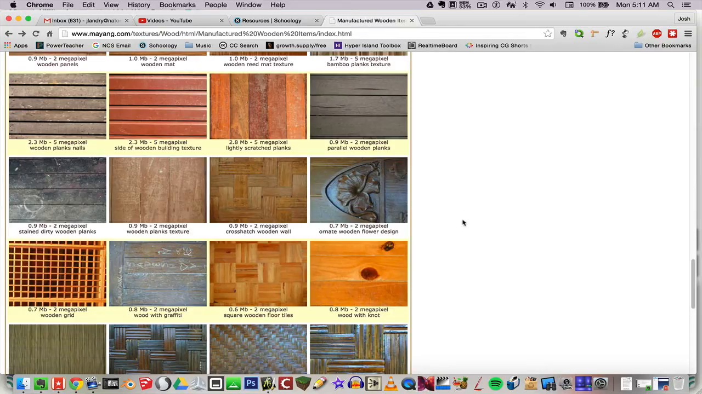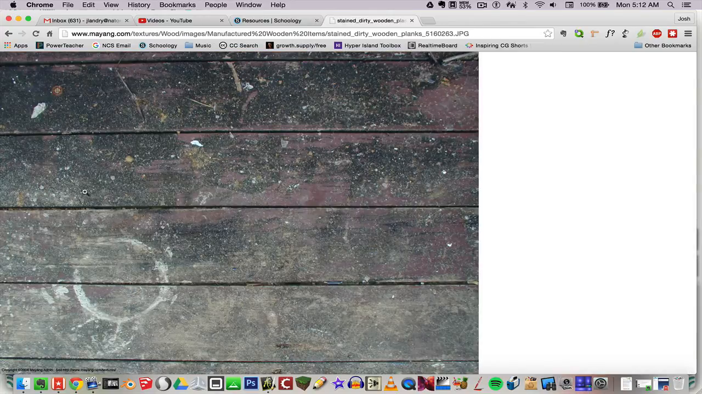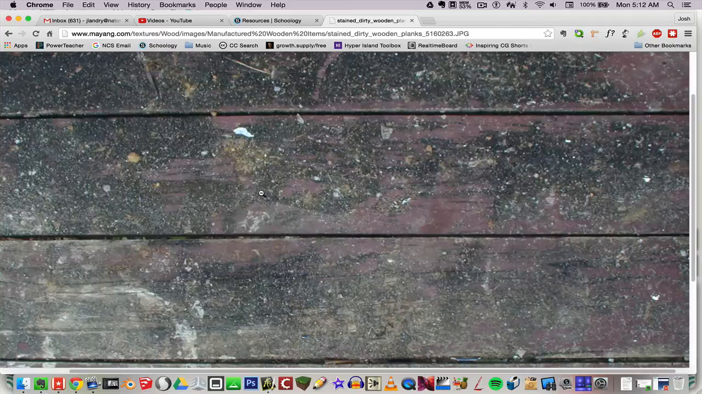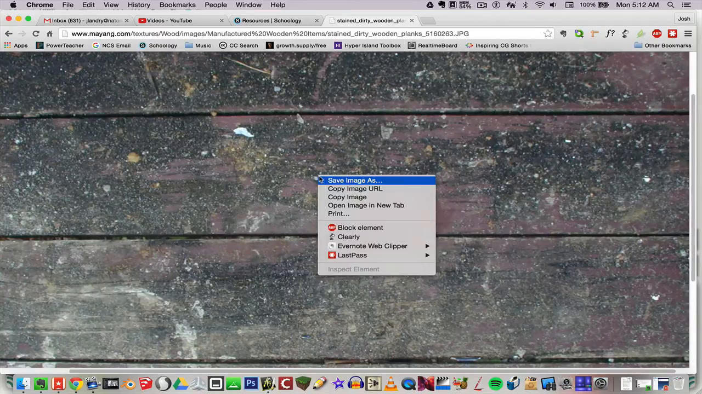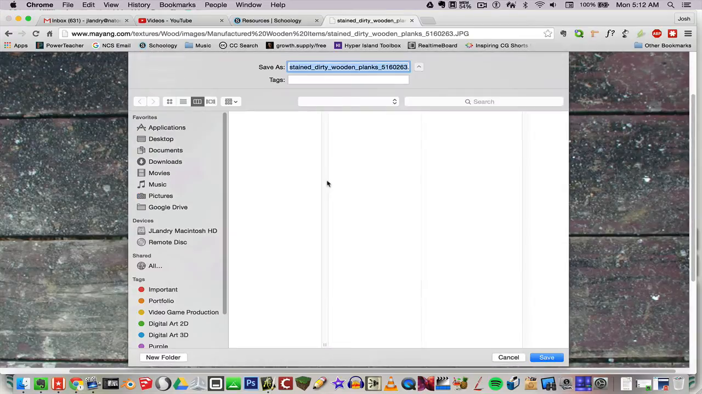You could go online and just type in free texture sites. I have posted a Google Doc that has a bunch of my personal favorite texture sites that are completely free, and that list will be updated and added with some new variety as time goes on. So make sure to check that out instead of just blindly searching. I'm going to download this one. It's got a lot of nice character. So I'm going to right click, save image as,